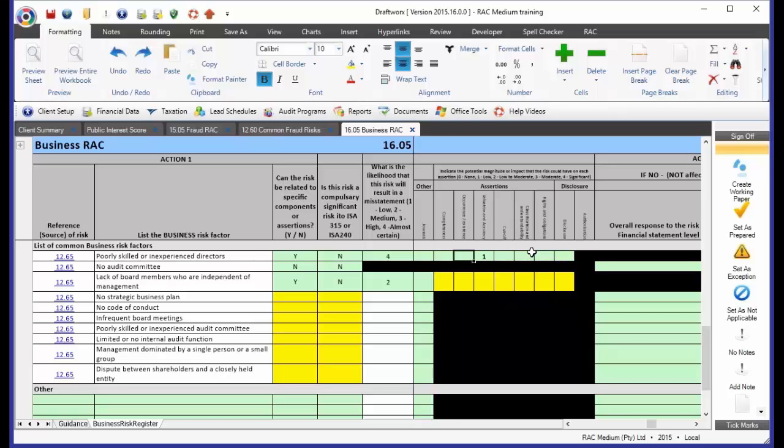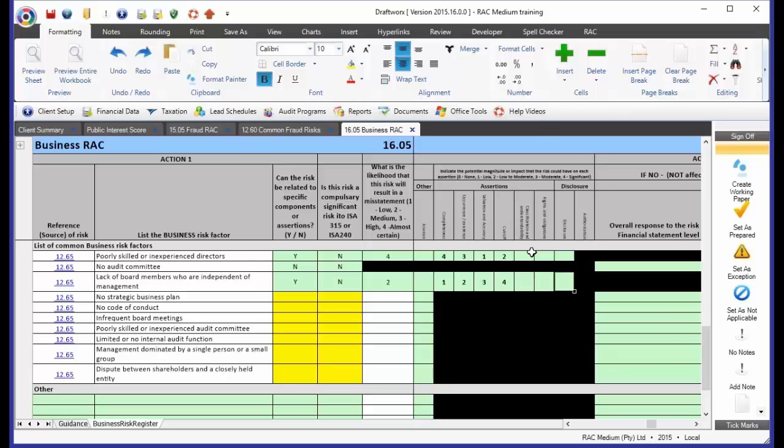But again, each client is going to be different. Maybe you want to say, well, there's going to be a material error as a result of stock shrinkage because they don't do their stock take correctly. So we're looking for a 1, 2, 3, 4, which is an estimate of what magnitude impact this will have on the financial statements. Okay, it is a judgment call. You need to exercise judgment in this case. You need to make use of professional judgment here. There's not really a right or wrong answer on the one hand, but it must be justifiable,